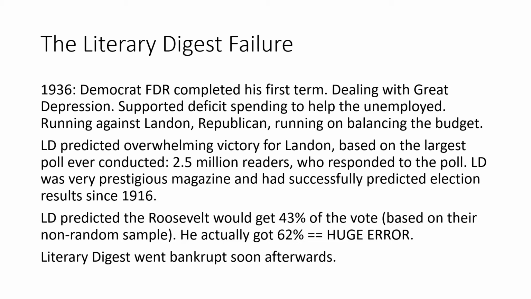Literary Digest predicted an overwhelming victory for Landon based on the largest poll ever conducted. They polled all of their readers, and 2.5 million of their readers responded. Literary Digest was a prestigious magazine, and it had successfully predicted results since 1916. But in this poll, Literary Digest went hugely wrong. They predicted that Roosevelt would get 43%, but he actually got 60%. This was a huge error, and Literary Digest suffered a huge loss of prestige, and they went bankrupt as